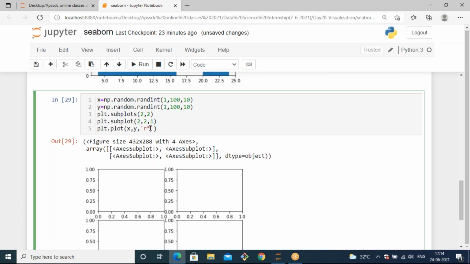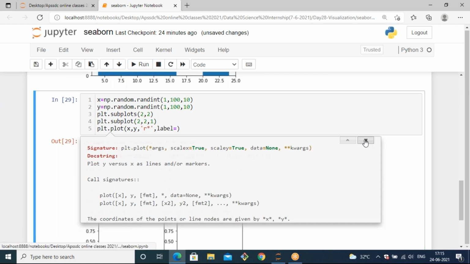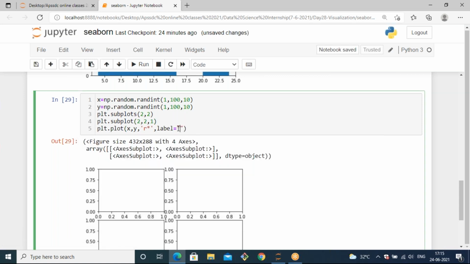You can specify color and shape with the codes, and then you can use label. The label attribute is there for plot. For me it's not working. Let's see. Label equals, it is a line plot.